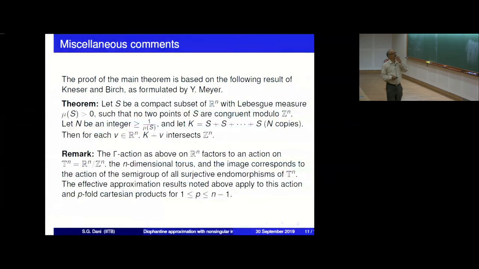Additionally, for simplicity, if you take the set to be compact, then you can simply write this as n times S. Otherwise, you have to take sums of n many, etc. But the sets that we use are in fact convex sets. If you take a compact convex set, then you can simply have K equal to n times S. Now such a set has a property that for each vector V, K plus V intersects S.